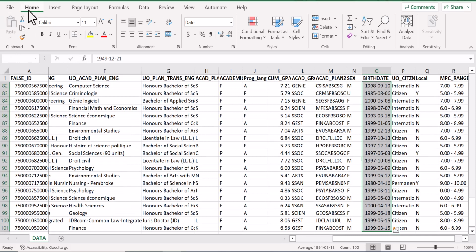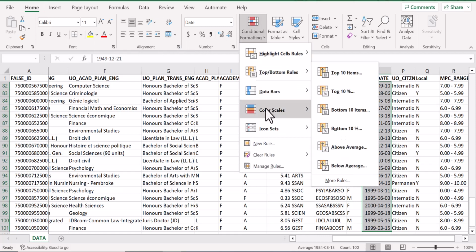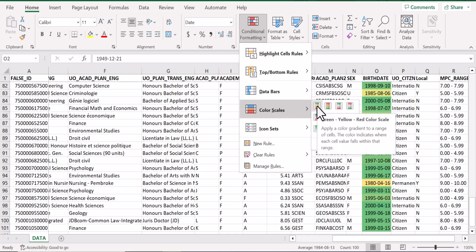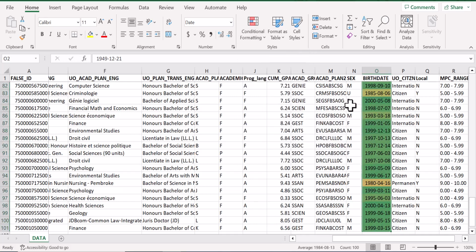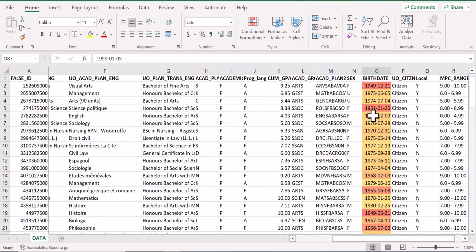And then on the home menu, we select conditional formatting and a color scheme. Now we pick a color gradient scheme that means something to us. For example, if I make the highest dates green, that will make the youngest students the greenest, and that makes intuitive sense to me. Now it's easy to see which students are the oldest and which are the youngest, without even sorting the data